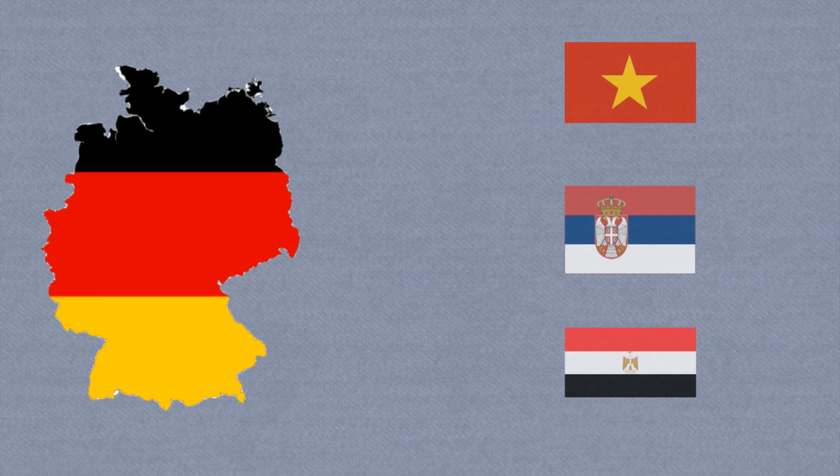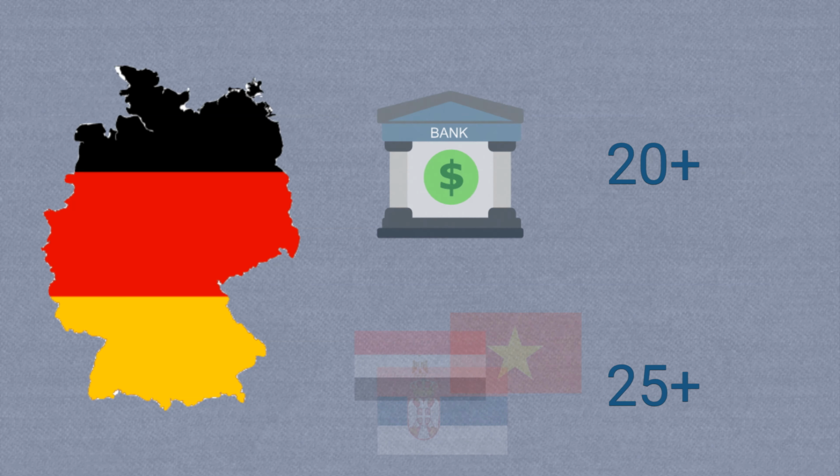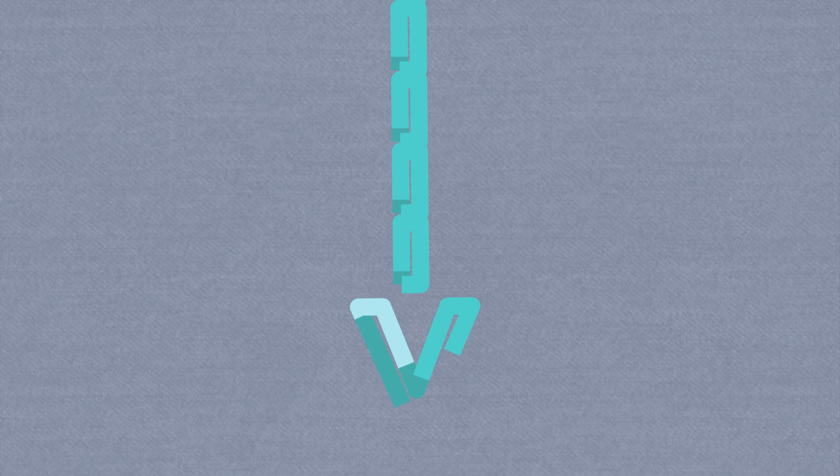National databases keep their own country as the sole sender, and users can only choose from a variety of remittance receiving countries. This is the case with Germany's National Remittance Cost Database. The database contains over 20 banks and transfer providers, but the selection of receiving countries is just over 25. These are some of the most common countries that remittances from Germany are sent to. Check the description for a list of links to other national databases in Europe, Oceania, North America, and others.